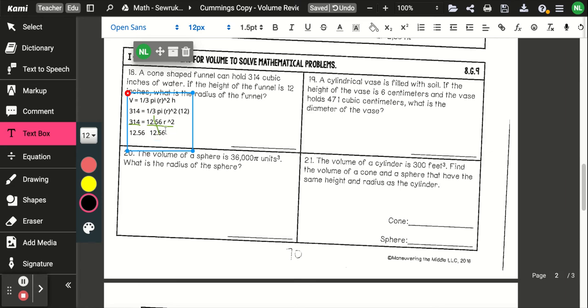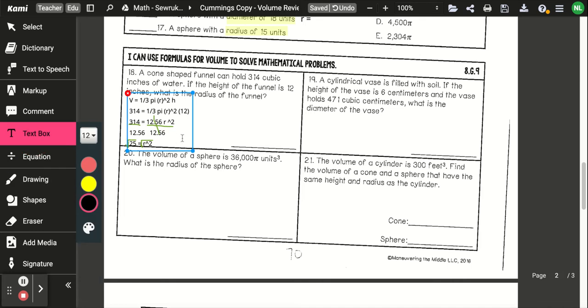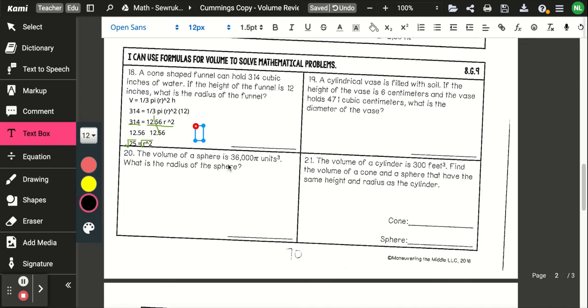I'll actually get 25 equals r squared. But then I need to take the square root of both of those so I can get my r by itself. So over here, I should get r equals, and then what? And your units should be in inches. So you need to do the square root of 25 and see what you get, and that should be your